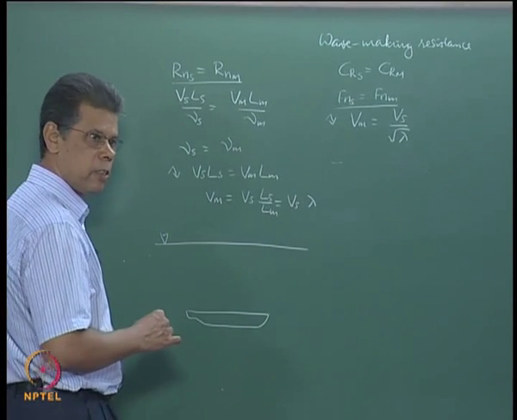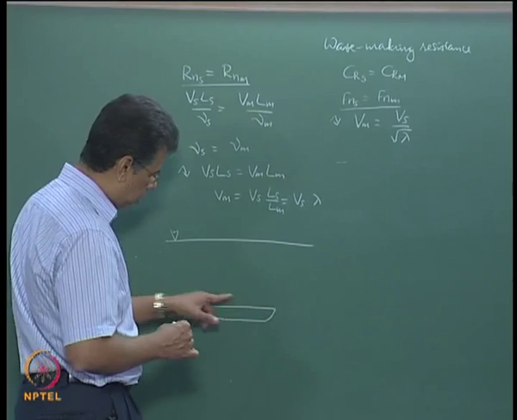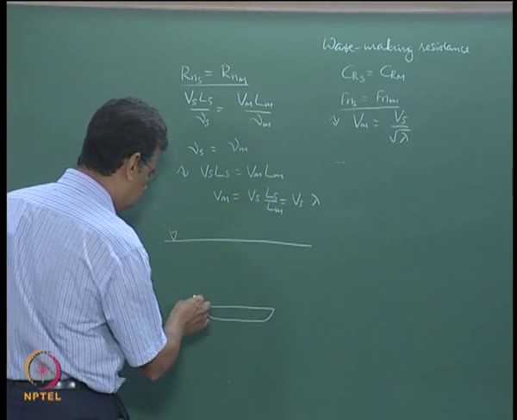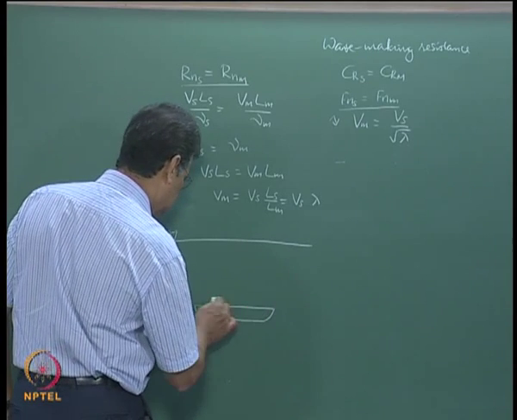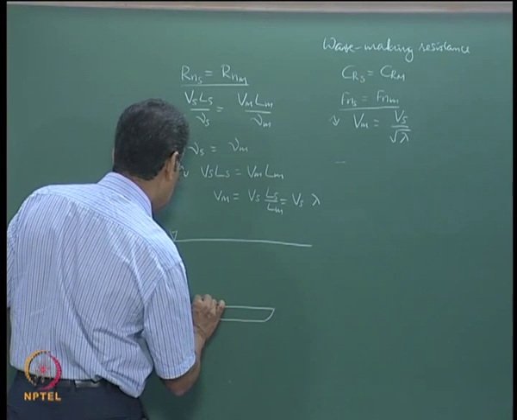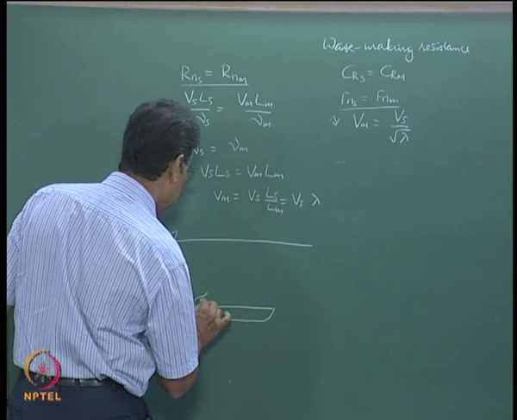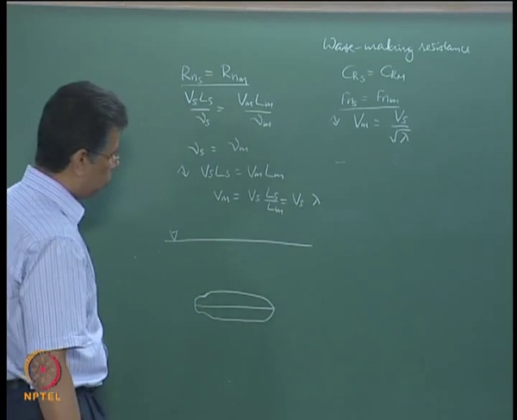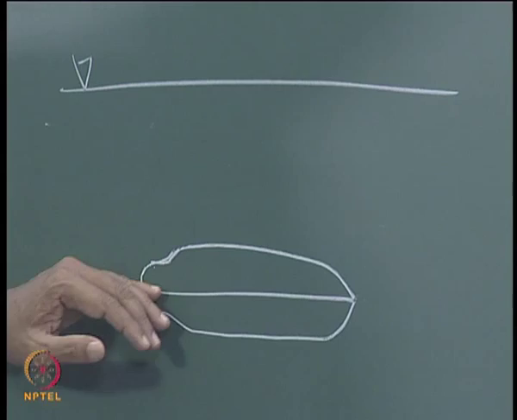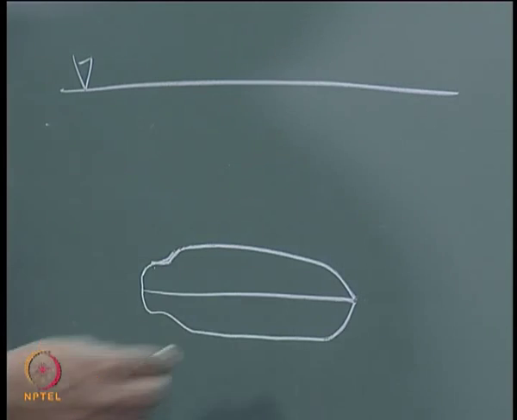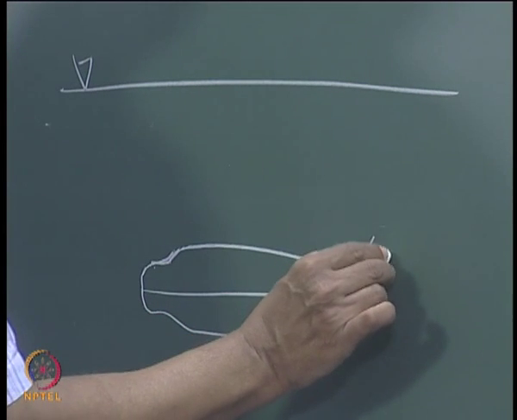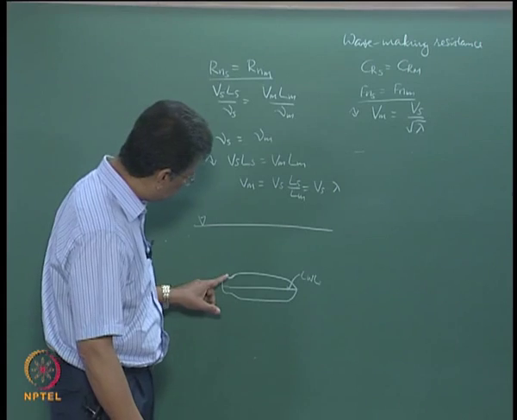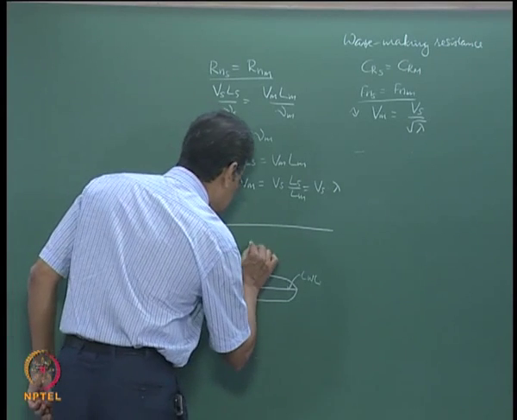it is deeply submerged, but since you cannot afford to have such a boundary beneath that, what this is up to is the load water line. So what you do is you put a double model, that is a concept used, just a mirror image of that body. So you are putting two ships, this is the load water line, this refers to the water line at which the ship floats. So you consider a double model, this is called a double model,